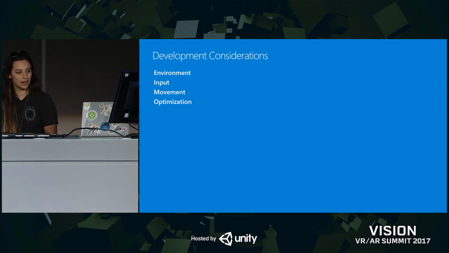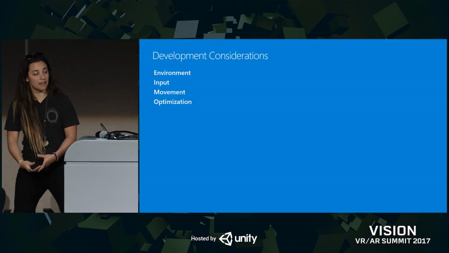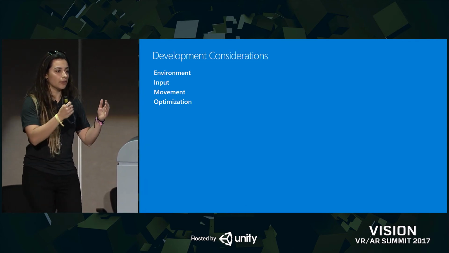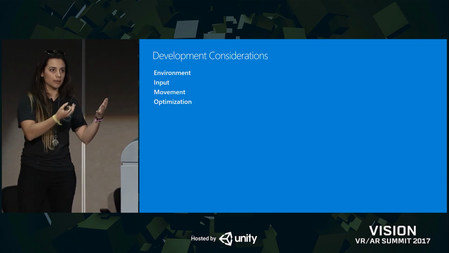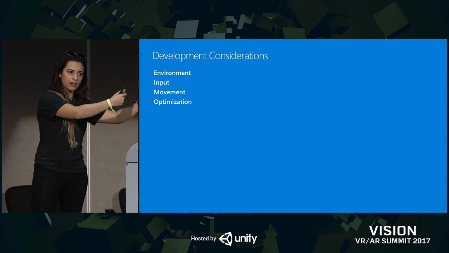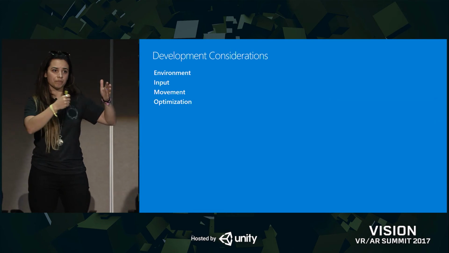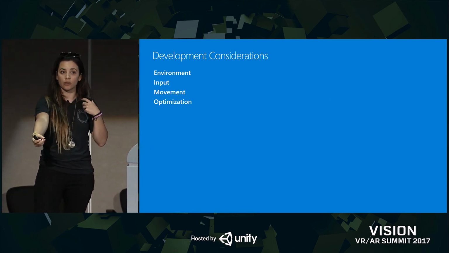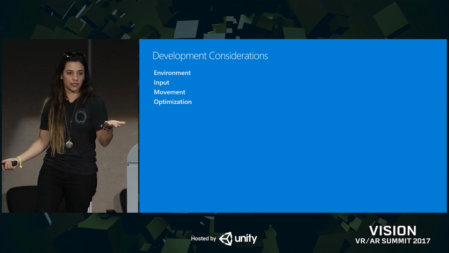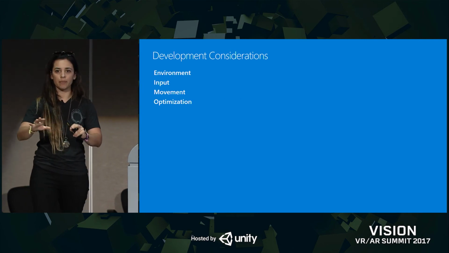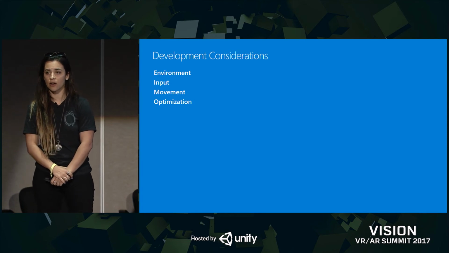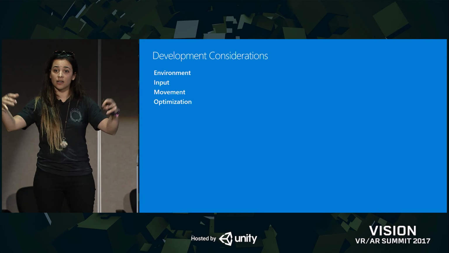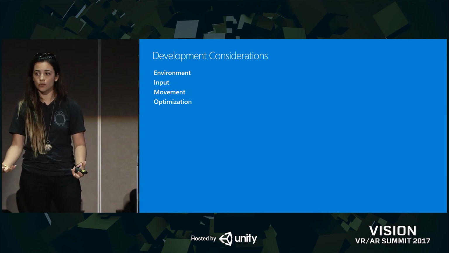So again, development considerations, design considerations, environment. You need an environment if you're going from one to another. And what's interesting is if you're going from the more VR spectrum to the more AR spectrum, you might not want all that environment. You might want to take away some of your walls. You maybe want the floor to stay, or you want to overlay only parts of it. There's an experience on the HoloLens called Fragments, where it places a virtual environment on top of your own. And that's what's really cool about the HoloLens.